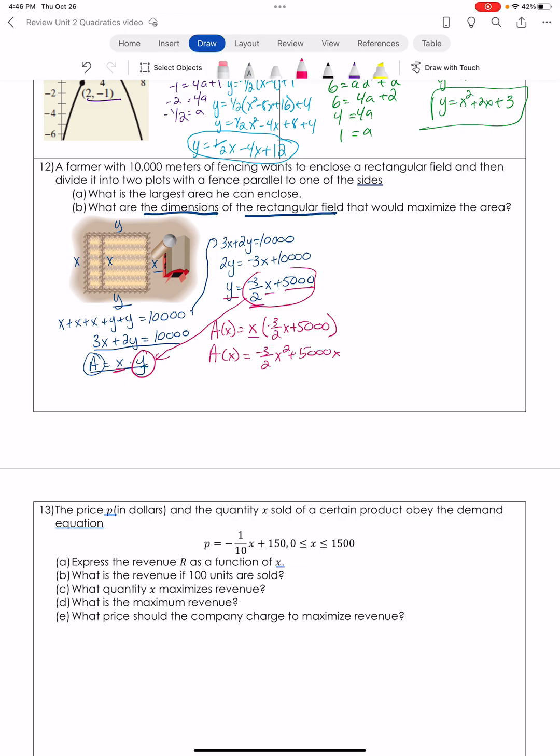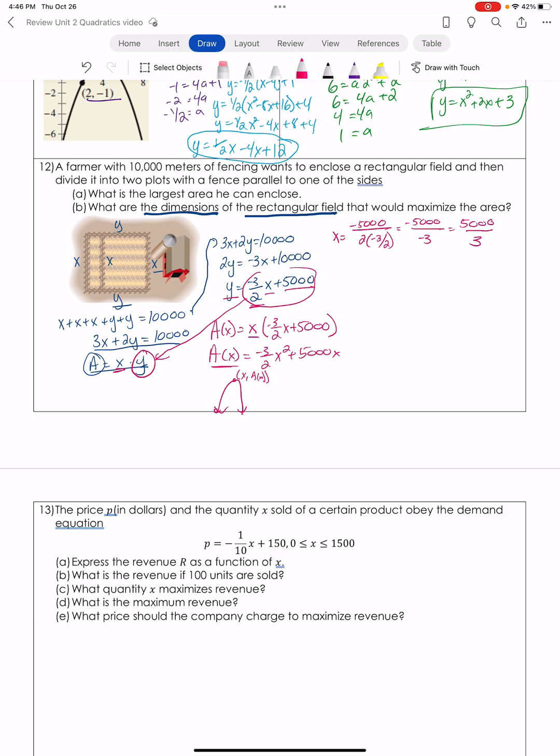Now it says what's the largest area? So we want to maximize our area. Remember that it's a quadratic, okay? And we want to find this point right here. So X is one dimension, Y is the other. So I'm going to start off by finding my vertex. X is equal to negative B over 2A, so negative 5,000 over 2 times negative 3/2. So that ends up being negative 5,000 over negative 3, which is 5,000 thirds, and it is some weird number,